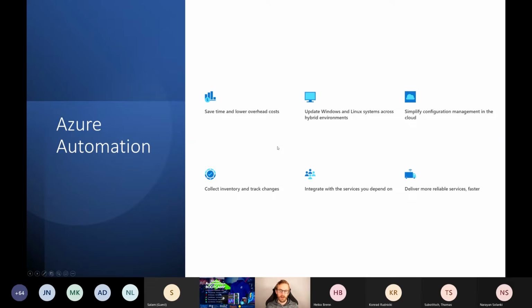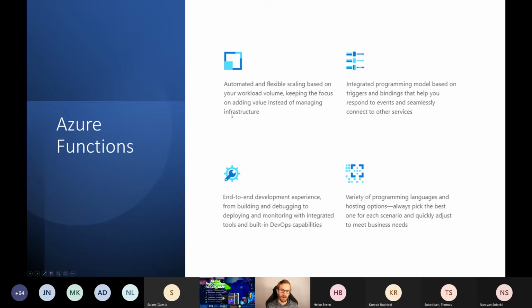If, however, you're looking for a quick bit of PowerShell code to be executed, we're going to very quickly end up with the other alternative. And the other alternative in this case is Azure Functions. So Azure Functions have also been around for a couple of years already. And what Azure Functions provide us,